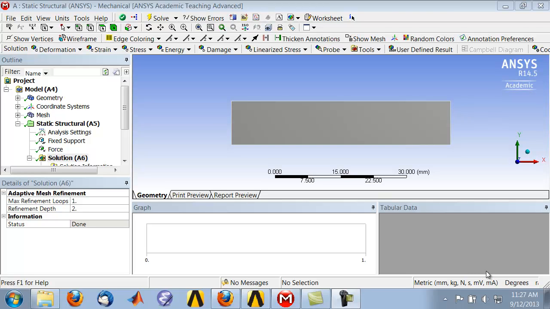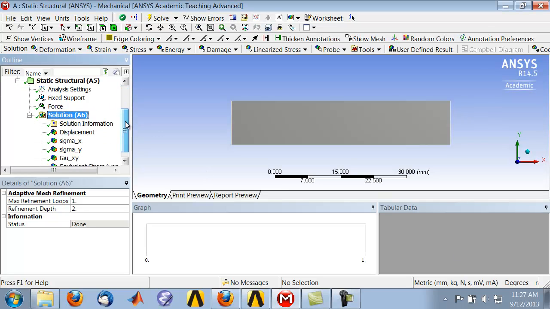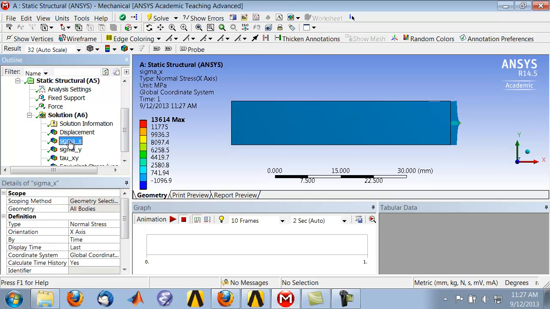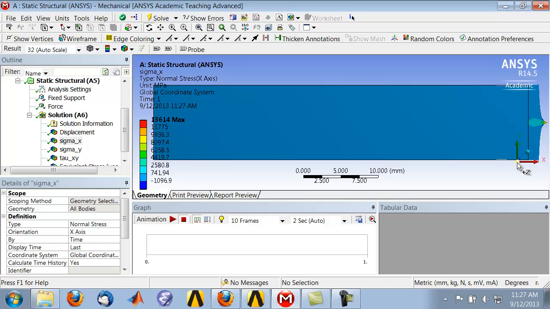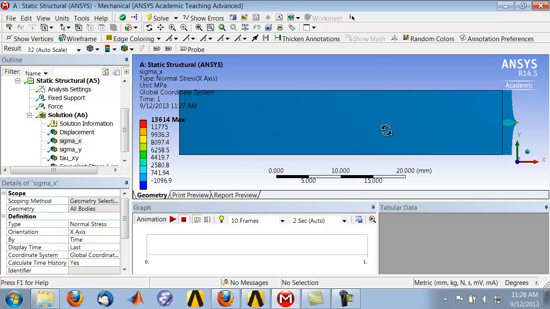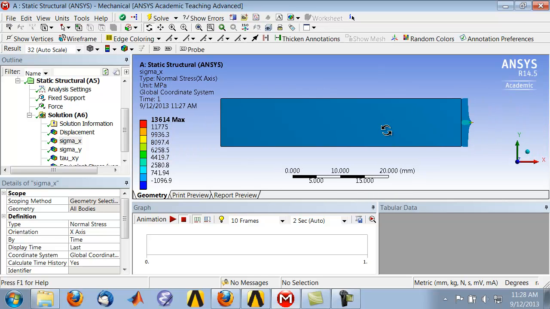Let's take a look at the sigma x distribution that we get from Ansys. So in Solution, highlight sigma x in the tree, and let's start with the default view along the z-axis. If I click on z here, I'll get the default view, and let me zoom out a little bit. I can do that using the middle mouse wheel. Okay,